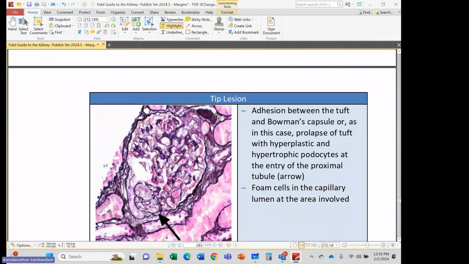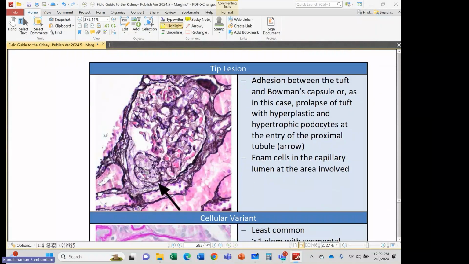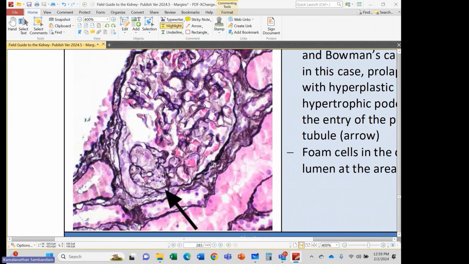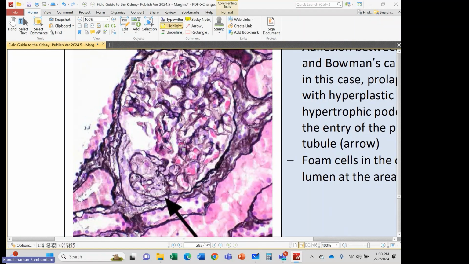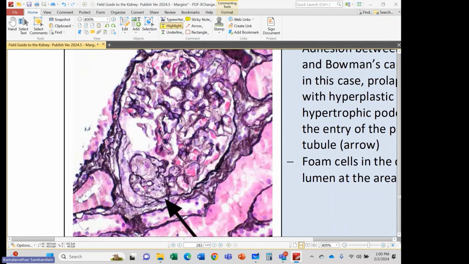The tip lesion refers to when you have, this doesn't even really look like an area of sclerosis at all, but it's part of the sclerotic, the FSGS rubric. Here we have the glomerulus. Here's the vascular pole. Here's where the Bowman's capsule opens up into the proximal tubule. Okay. When you have an area of, let's just call it abnormality, this doesn't look like sclerosis, but an abnormality